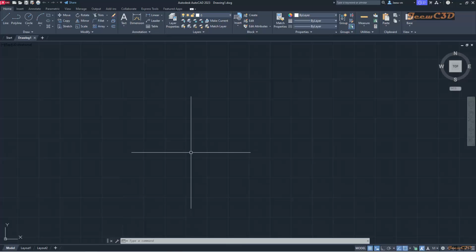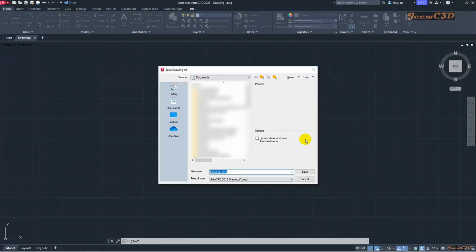So once you start working on a drawing, you can save that drawing from time to time. So to save a drawing for the first time, you can go to this save icon from the quick access toolbar. So by default, I get the drawing name as drawing1.dwg. So you can use whatever name you like and also from this menu you can browse to the desired location you would like to save your drawing. And also you can see the files of type here. You have currently